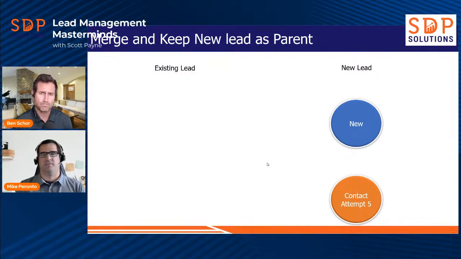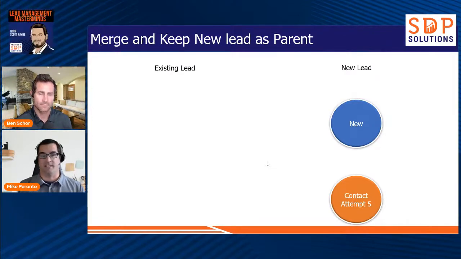And one of the other benefits if you do choose to make the new lead the parent is that sometimes, when you have the historical notes from the existing leads, the loan officers can form conceptions of what this lead is about based on those historical notes. So there are some situations, and we'll talk about this a little later from a reporting standpoint, of why you may want to make the new lead the parent, but we'll talk about that later on in the webinar. Yeah, Mike, I love your first comment there because it's a reminder to the group that when you hear something in any software solution that sounds like a limitation, for some other scenario it might actually be what you're looking for, right?